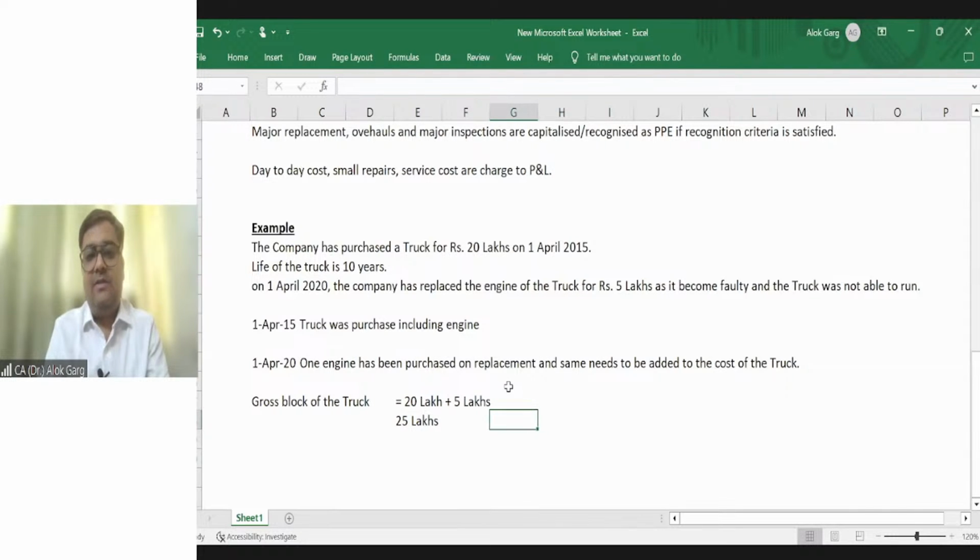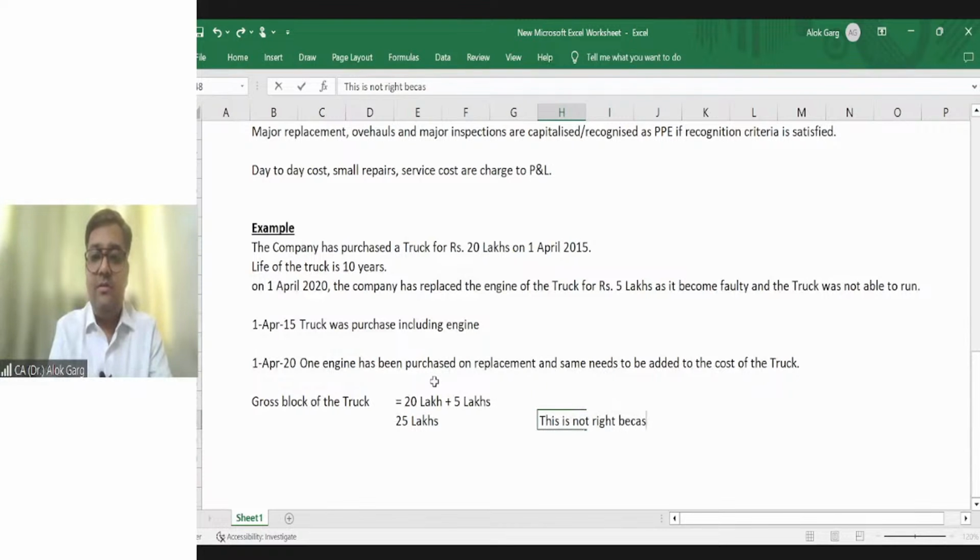This is not right. Why? Because a truck can have only one engine. This is not right because a truck can have only one engine. Right? So in this case,